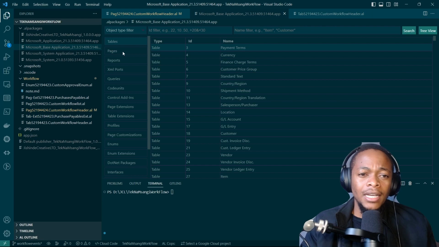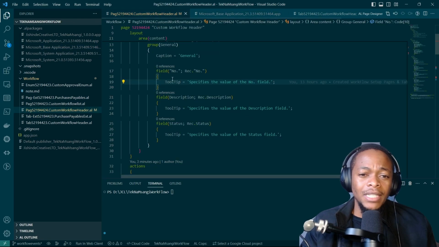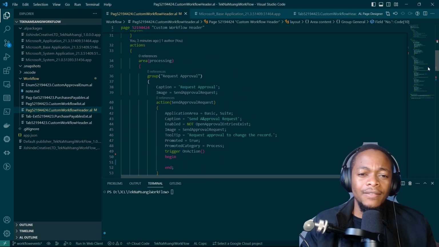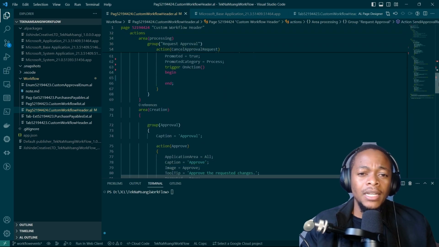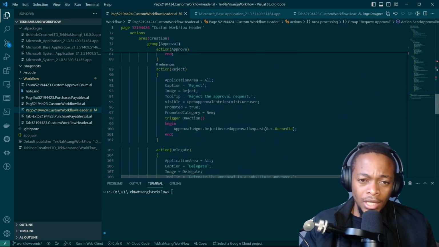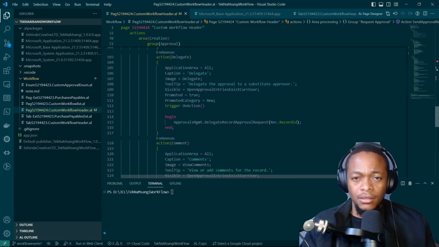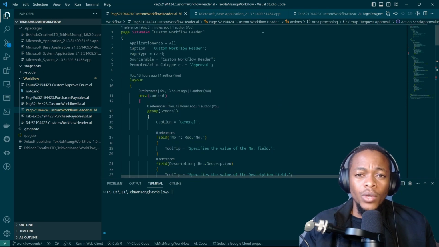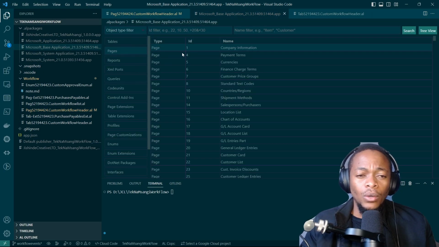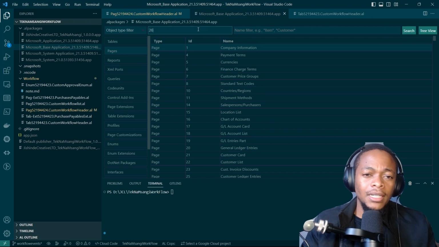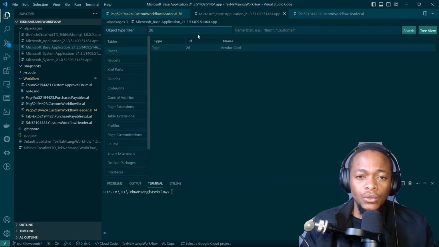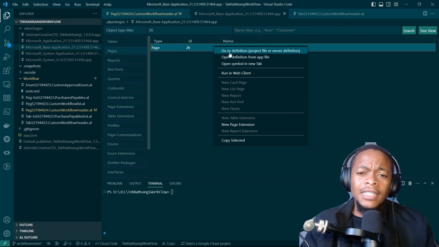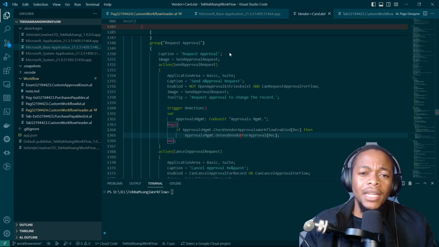And in creation of these pages, page actions, I mirrored what the vendor workflow contains to make sure that I get everything right, from the request approval to the approvals to the cancel approval to the reject, delegate, and all that. So here on the custom workflow header, we need to make sure that we do have our page, which will be, I think, the vendor card. I'll try and use this vendor card and let's learn what is happening when someone requests